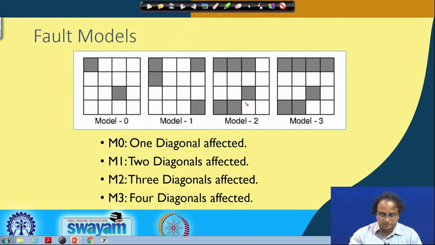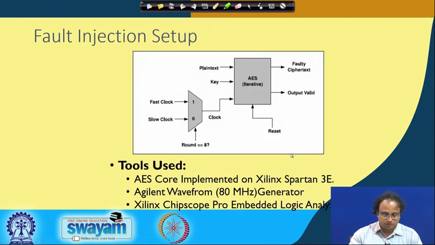Therefore, we have these 4 fault models, and now we will see whether we can exploit them. This is our fault injection setup, similar to what we have done previously. We have the AES iterative hardware implemented, and we are tinkering with the clock line. We could induce the fault by other mechanisms, but this is a simple and cost effective way of experimenting, where we suddenly change the clock frequency when the 8th round starts. We switch from a slow clock, at which AES operates correctly, to a fast clock, and this sudden switch creates internal faults which are observed as the required faults.